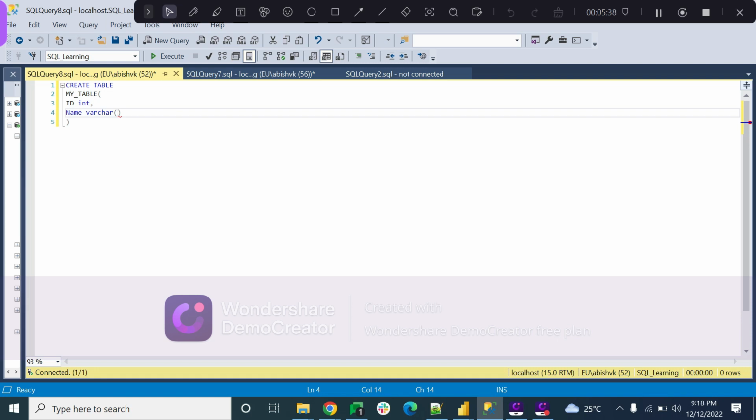So we can use int or integer. Integer is a data type which is used to store numeric values. Whereas varchar is used to store string or character values, where we can store strings or sentences or name or address or whatever it is. We can give some size also, maybe 30,